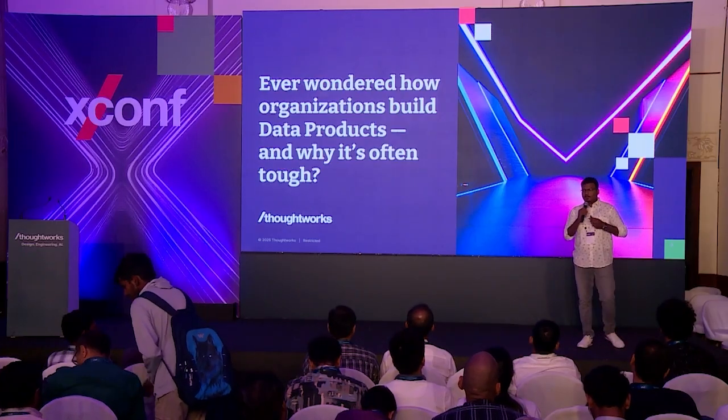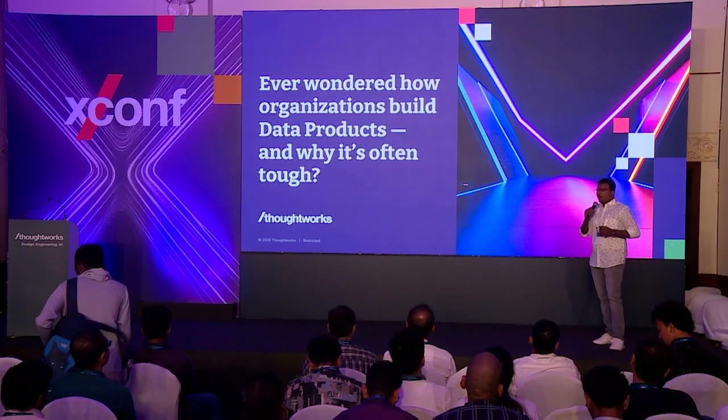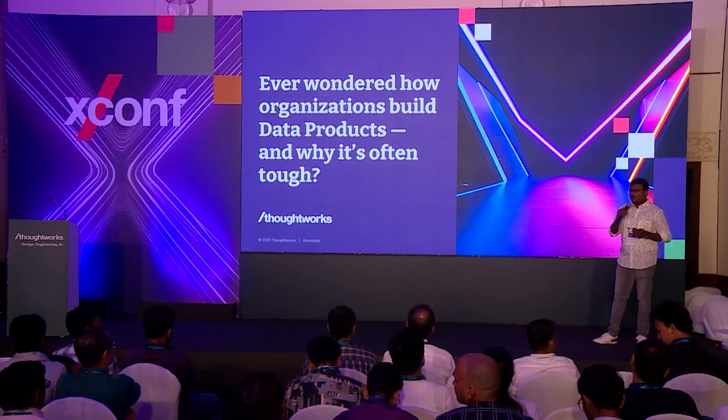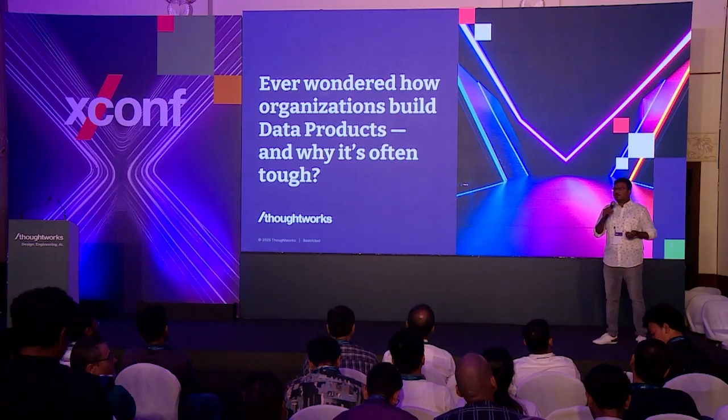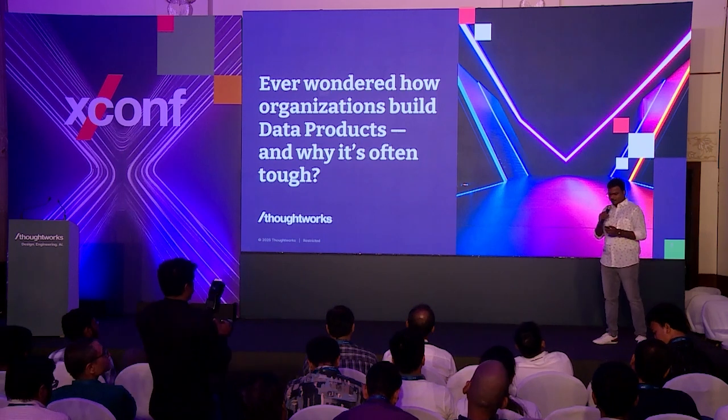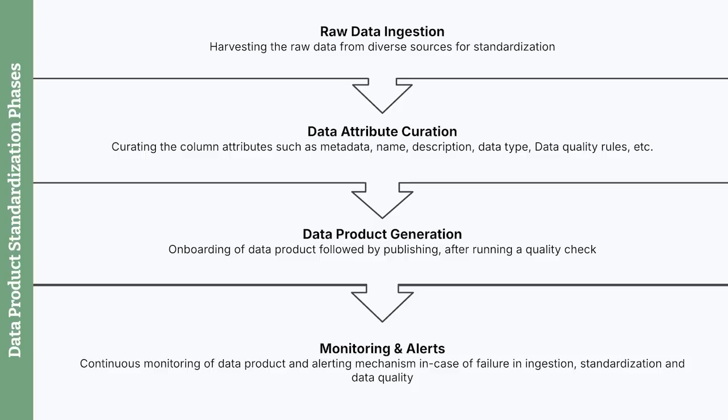So as you have built a first data product, you want to move to many data products. The first step an organization needs to do is see the sequence of steps that need to be taken to create a data product. The first step is raw data ingestion, where you bring in raw data from multiple different parts of your organization. The next step is where you curate the data attributes. I have this column, what do I call it? What do I call the data product? What is this data product going to be used for? All this happens at this particular step. And finally, you make the data product available for consumption across the organization.